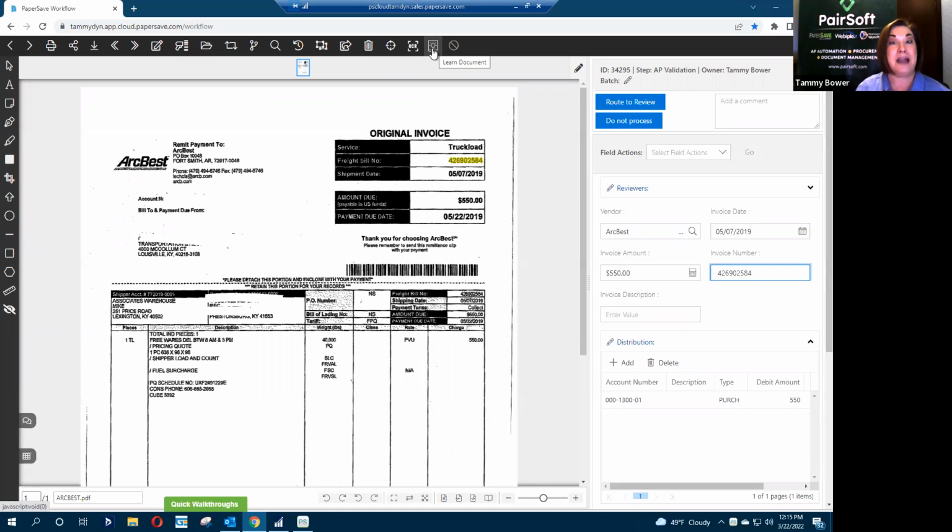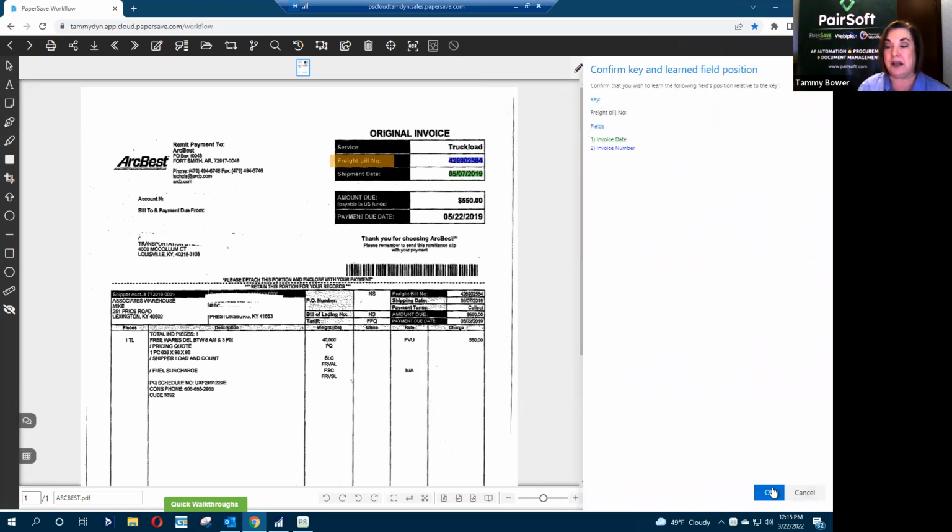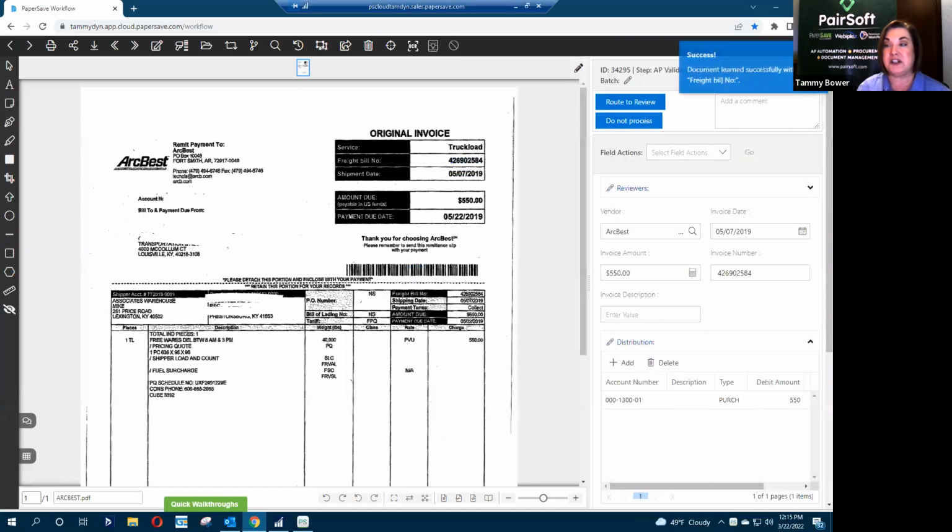So I came over to the light bulb and I said, let's learn this. We're going to learn it by a key or a definition. And I drew a box around freight bill number because that's what I wanted it to find. It says, is that what you want? I said, yes. It learned it successfully. And now every time I capture ArcBest, I never have to do that again.